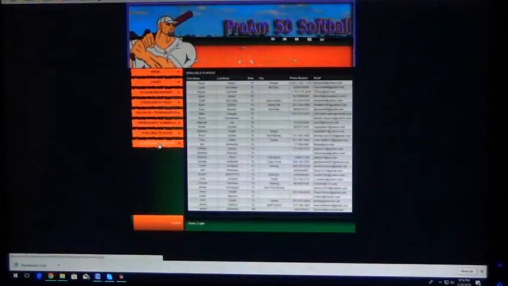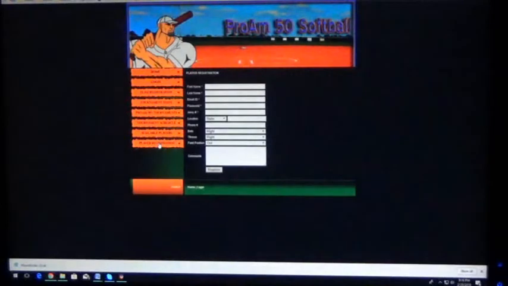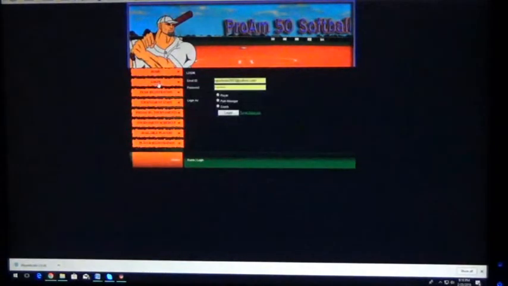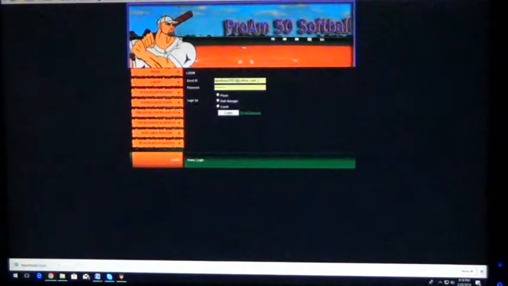Player registration is you only click player registration when you're not on a team. If you're on a team, contact your coach for your email and password to log in as a player. So once you get your email and password to log in as a player, you would go here. Here's a player login. So you highlight player,